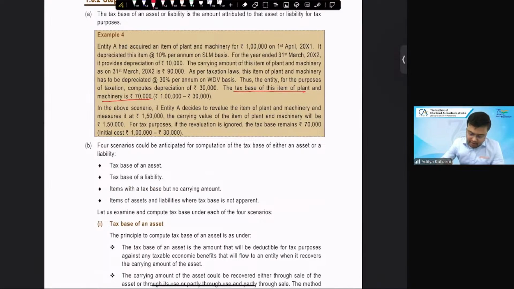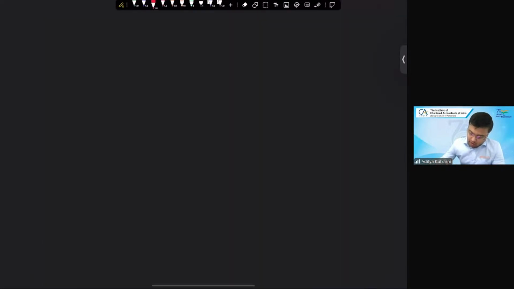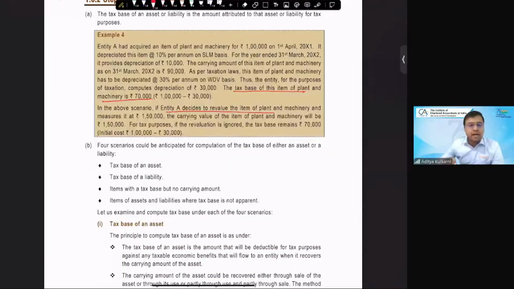Now, additionally, if A decides to revalue the item of plant and machinery, the carrying value will be 150, but for tax purposes, revaluation would be ignored. And hence the tax base remains at 70,000. Okay. So next,